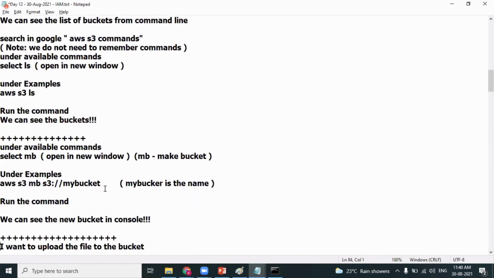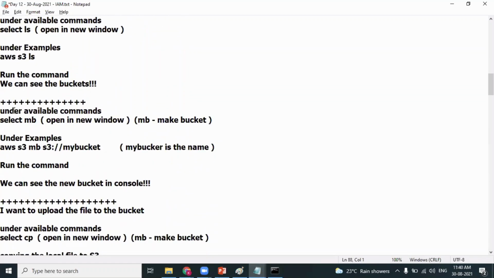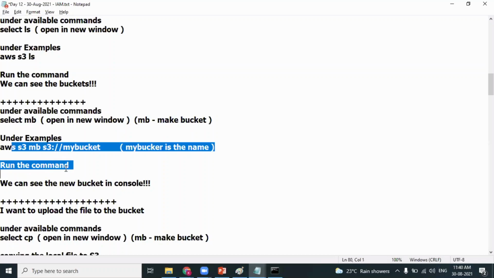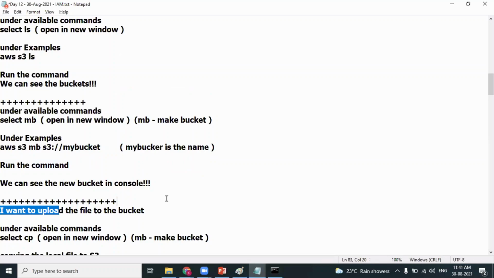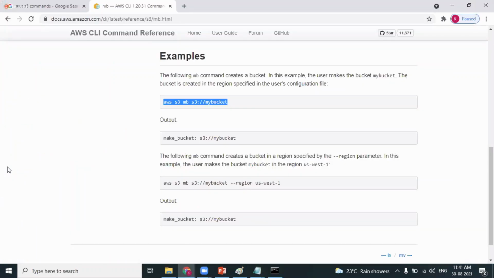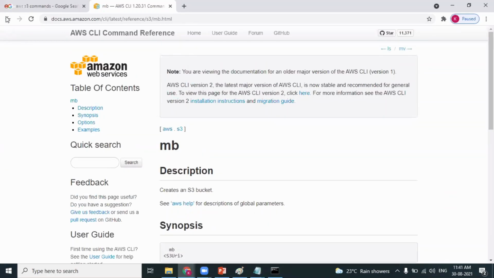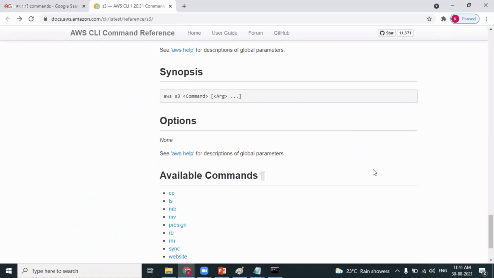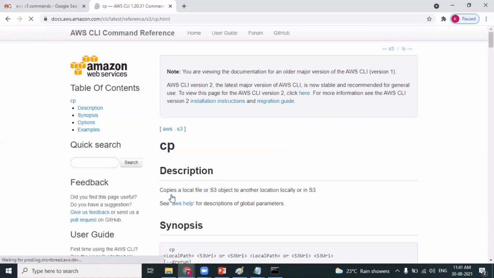So we have already learned how to create a bucket. We have a command called mb, which stands for make bucket, and we have already experienced this command, and the bucket got created. That bucket became visible in the console access also. I want to upload a file into the bucket. Yes. If you want to upload the file, go back to your documentation. As I told you, nobody will ask you to write the commands, because there are thousands of commands for every service. You should be in a position to look at the documentation and get the right command, and frame the command which helps you perform the functionality that you want.